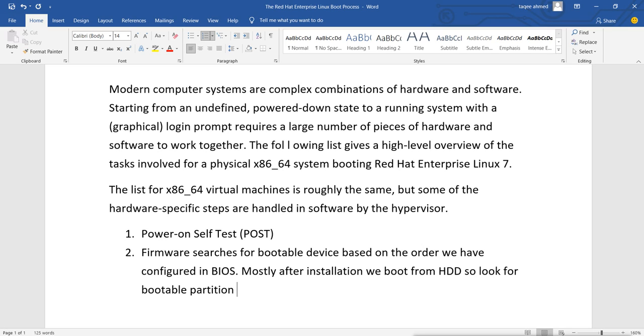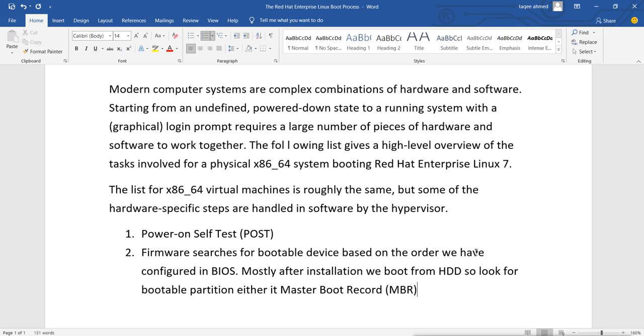The bootable partition, either it is the master boot record, which is MBR. So it will look for the MBR, master boot record. If your hard disk type is MBR, then there is a space in the first partition, called the MBR.